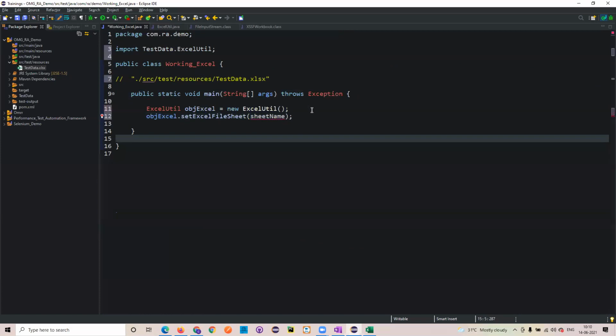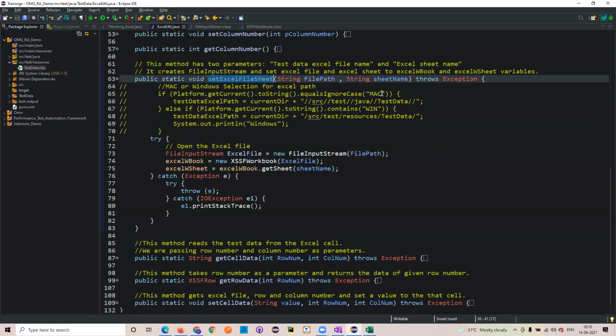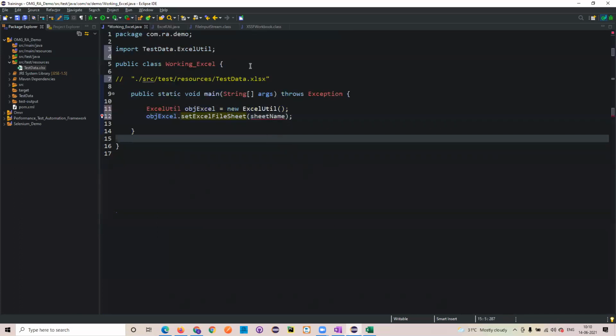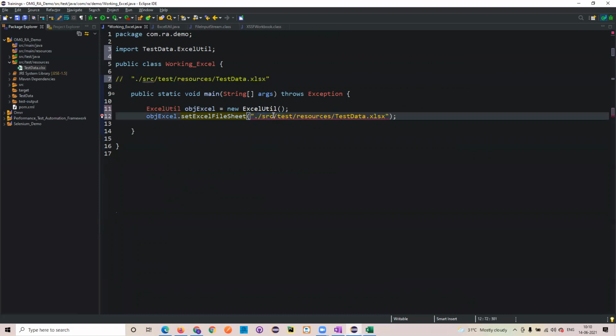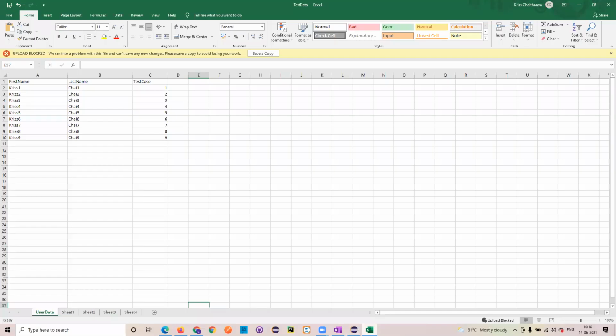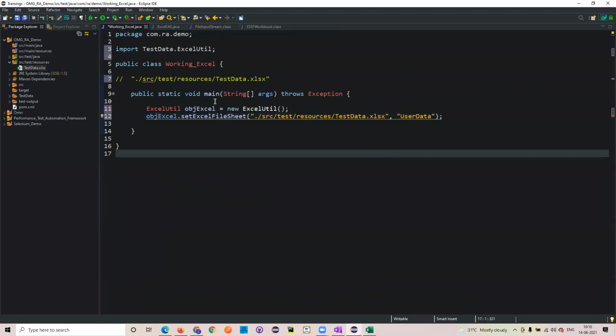Now here I'll be coming here. Now I need to pass two parameters here. What are the parameters I need to pass? I need to pass the file path name and even the sheet name. So this is my file path. First I'm passing the file path, and then on which sheet I need to work. Let's open that particular sheet. I have multiple sheets over here, so which sheet do I want to work on? This is the sheet I want to work on. So user data, I'll be passing this one as user data. It's all up to us, how generically you want it written.